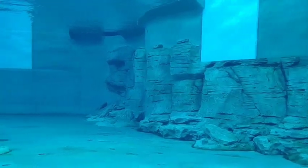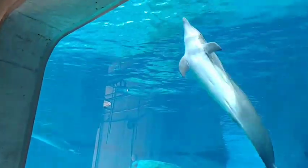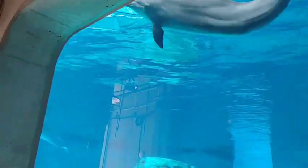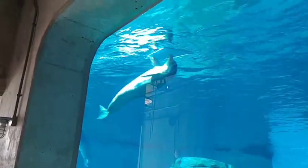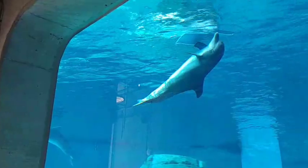Nice facility here. This just opened like 2 months ago. Look at this, here he comes. Hi, Nicholas. You see the scarring on his back? That's the sunburn. He was badly sunburned when he came here. And at 11:30, they'll be doing a dolphin tour outside with Rex and